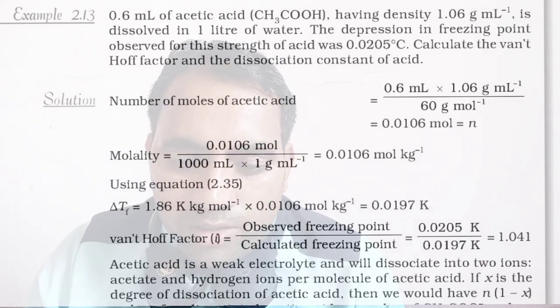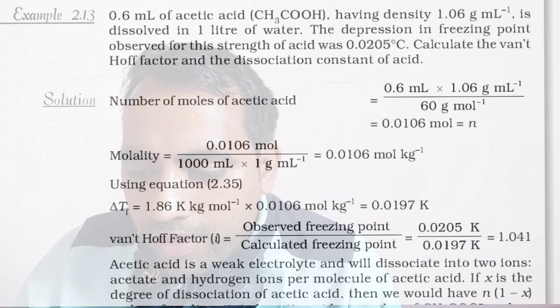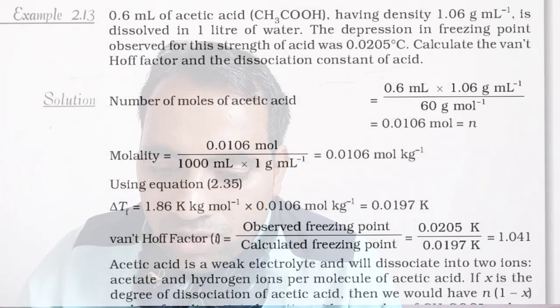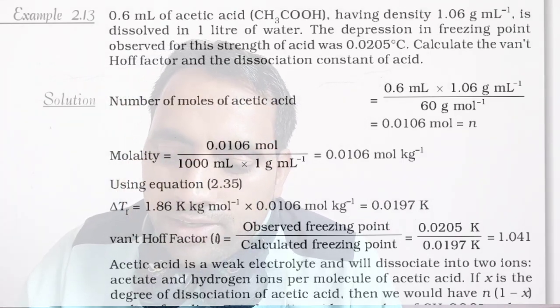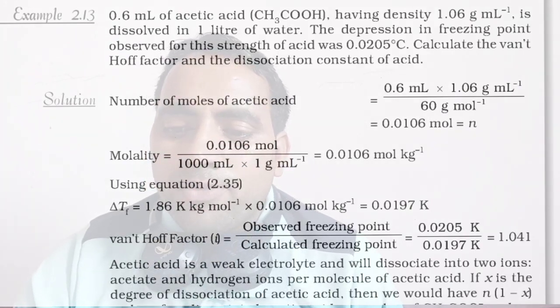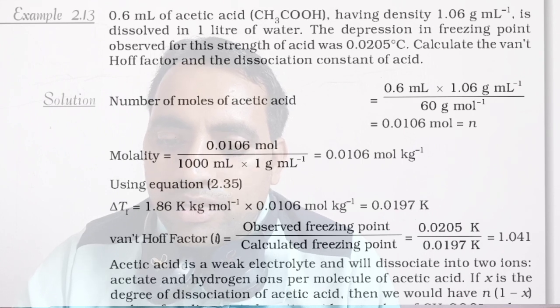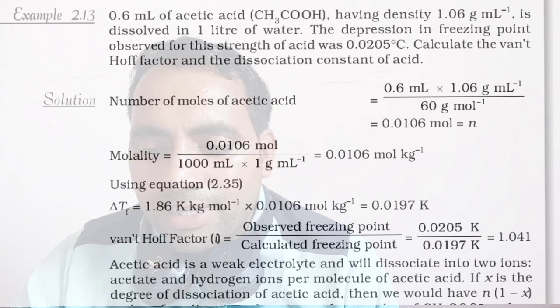Another example for the degree of dissociation. Example number 2.13, page number 58. 0.6 ml of acetic acid having density 1.06 gram per milliliter is dissolved in 1 liter of water. The depression in freezing point observed for this strength of acid was 0.0205 degrees Celsius. Calculate the van't Hoff factor and the dissociation constant of the acid. Solution: number of moles of acetic acid equal to